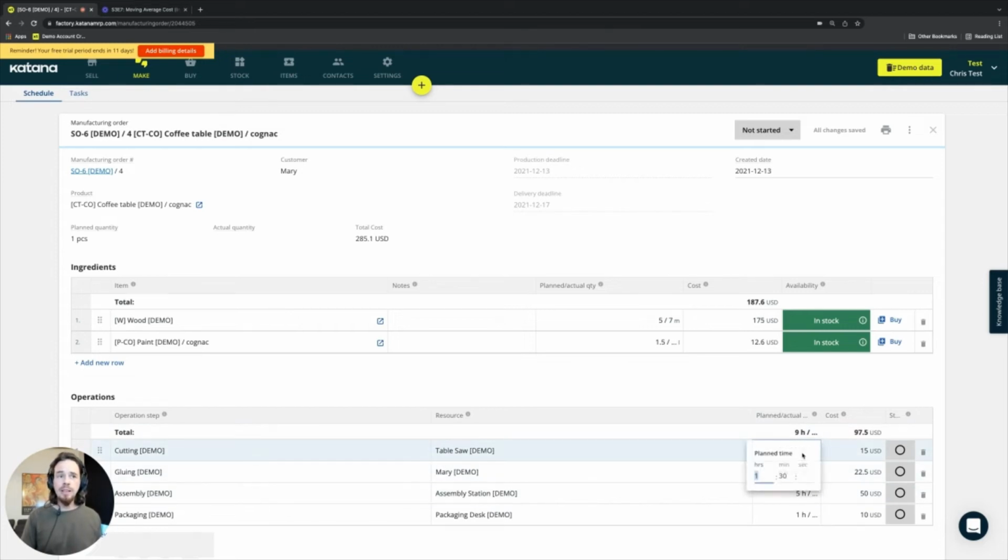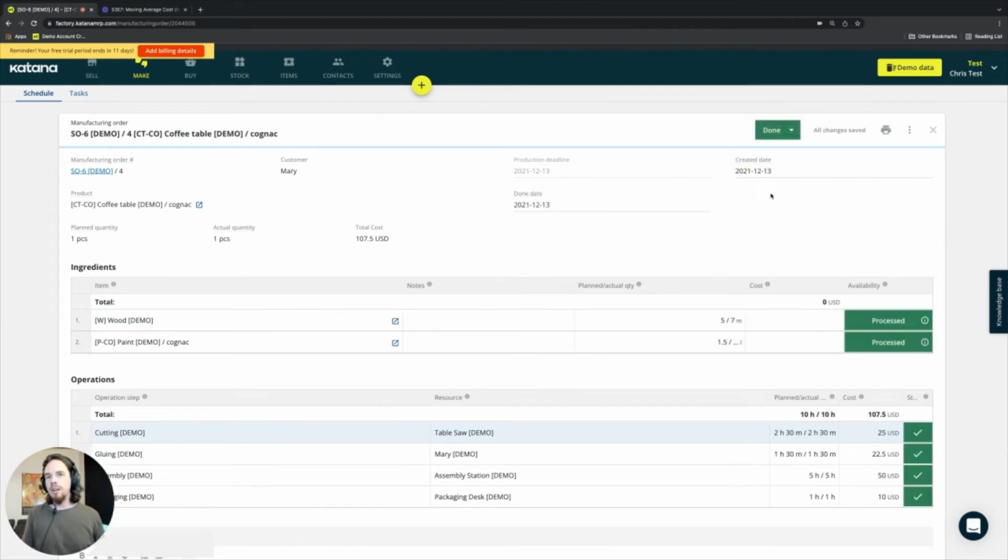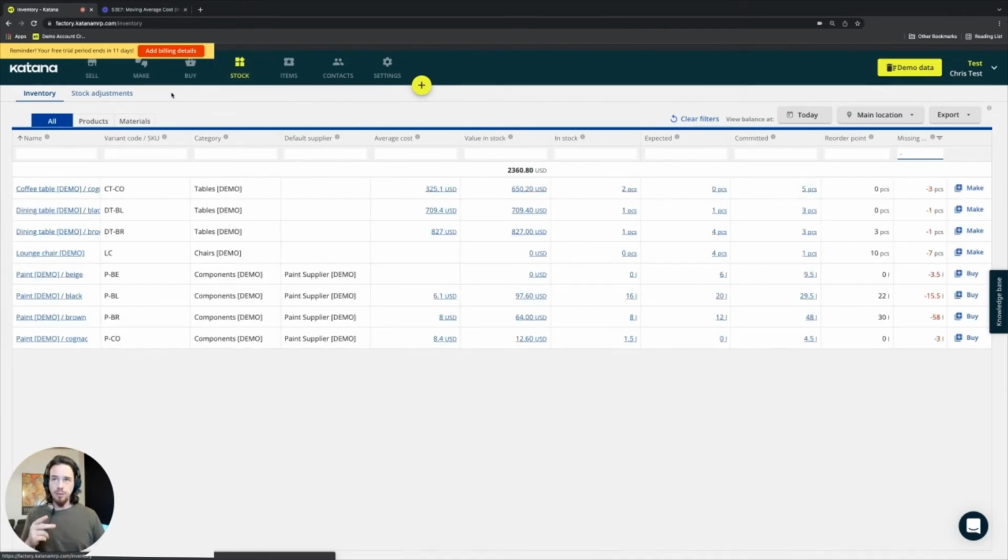Maybe, for example, in the cutting process, we spend 2 hours and 30 minutes instead of 1 hour and 30 minutes like we had planned. And as a result, when the manufacturing order is completed, those costs equally just as well go up. So we mark the item as done, and then those specific items are removed from inventory, and the total cost is captured at $365.1 US because we overused our material and we overspent time and operations on it compared to how we had before. So now at this point in time, we've got basically 2 products in inventory on the